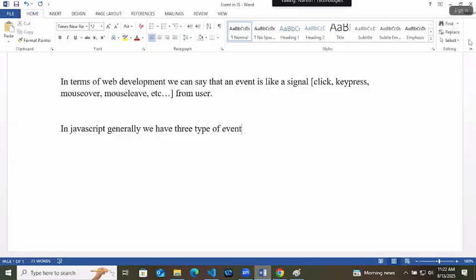The user can create any event by mouse, those are called mouse events, keyboard events, and then the third one is media events. Media events, music player, play pause kind of thing, those are called inside the media.